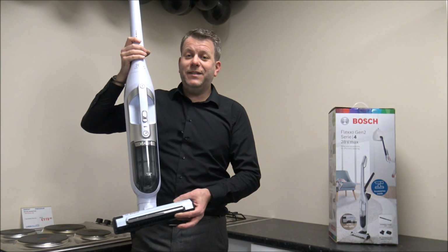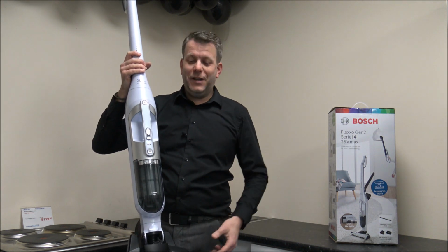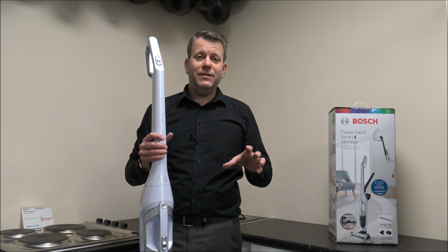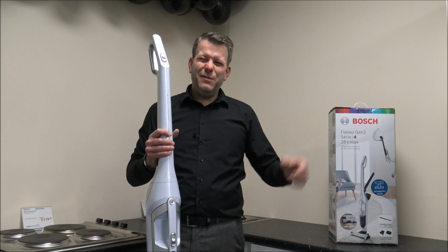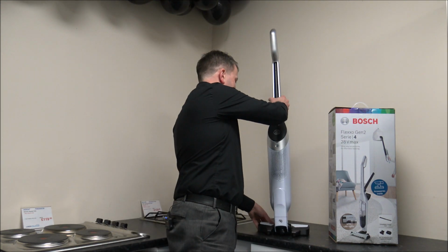So if one of your things is to vacuum in the dark, if that's something you enjoy doing, then this could be the vacuum for you. On a lot of cordless vacuums, a lot of manufacturers will provide accessories to go with it, but what you normally need to do is to put them on a separate wall bracket or store them elsewhere, and that can be really frustrating. But what Bosch have done with this model is that they've put them on the back here,